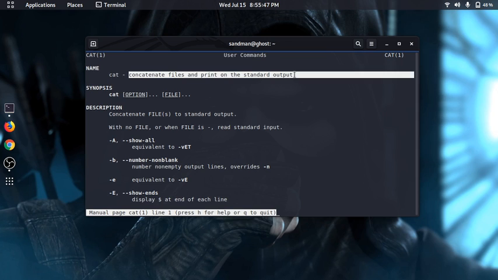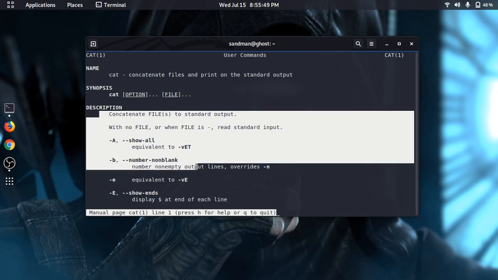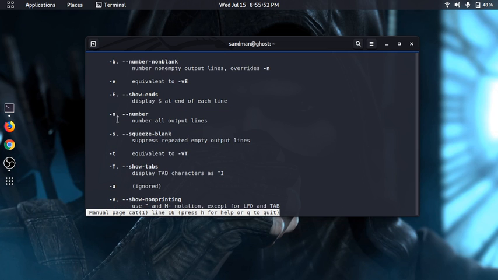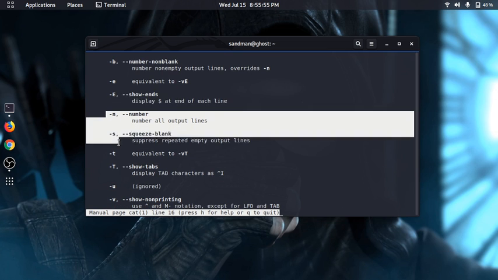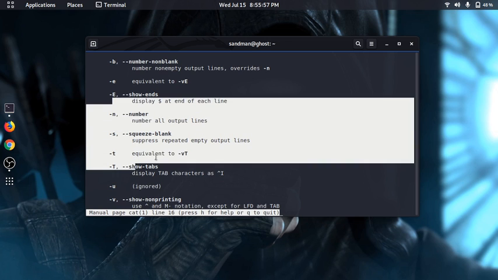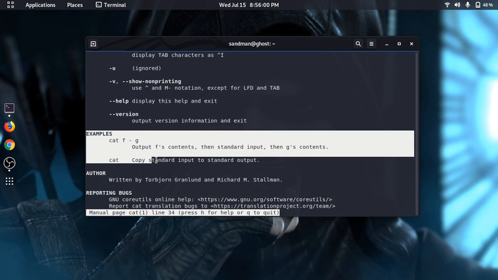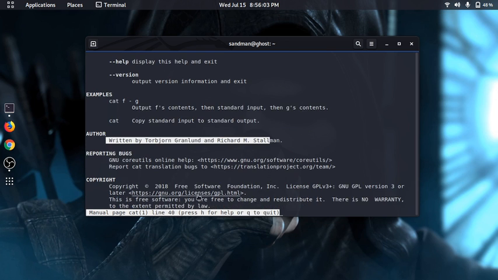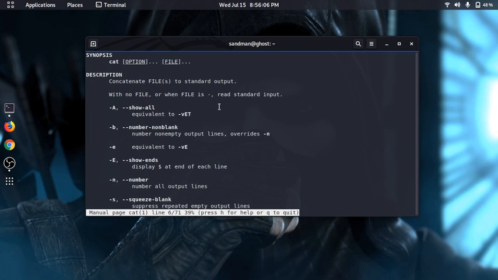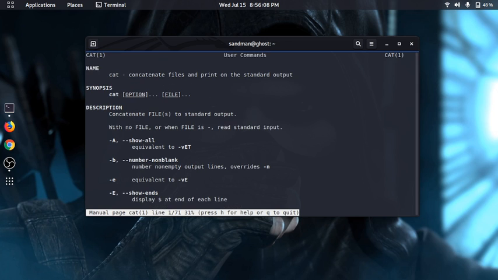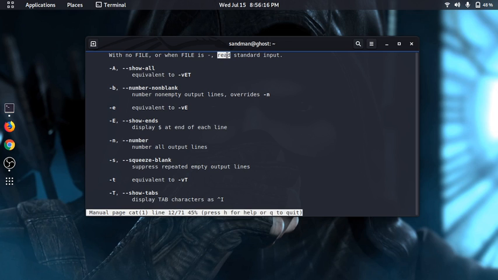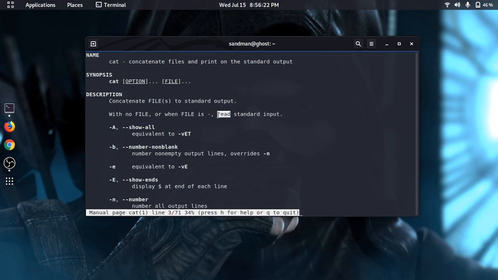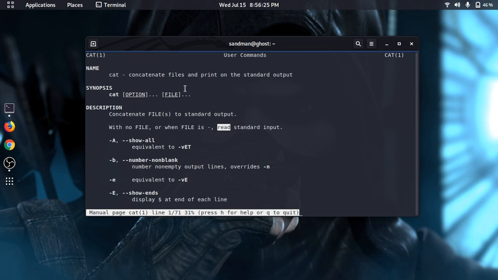Here is a one line description of the command, the synopsis, and descriptions where each flag or option or argument is discussed. Even examples are given here. The author is this one and things like that. We can even search in this documentation using / and then writing a pattern. For example, I want to look for read. Okay, it's occurring here. Then n. Okay, so read comes only once in this whole documentation. We can quit the documentation using q.